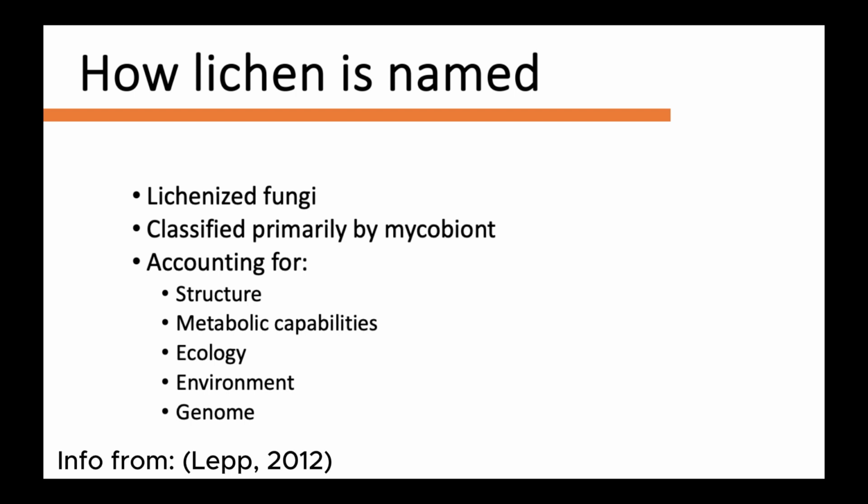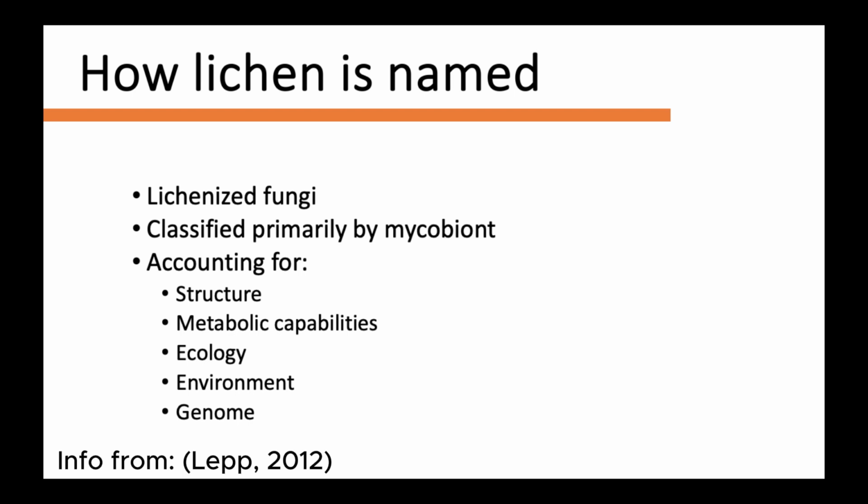Lichenized fungi are a good mindset to have when beginning the naming process, but it gets complicated as they are a symbiotic organism and not as simple as was previously thought. Often, they are named from the mycobiont species because the photosynthetic organisms are more variable within symbiotic structures. Factors that contribute to naming the lichen can be phenotypic or genotypic. Phenotypic, or the physical components such as structure, metabolites, ecological, and environmental interactions, have contributed to naming in the past, where modern lichen discoveries utilize the genetic makeup found from genotypic technology to describe and embody how diverse lichens can be.